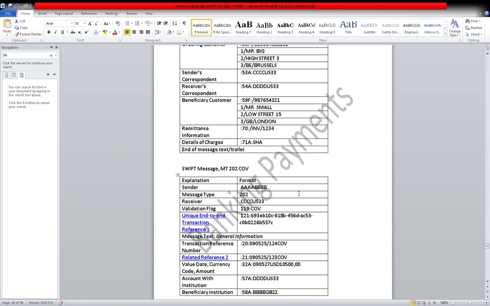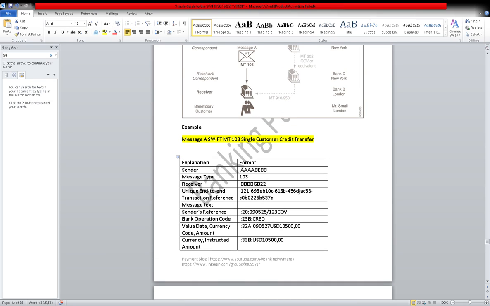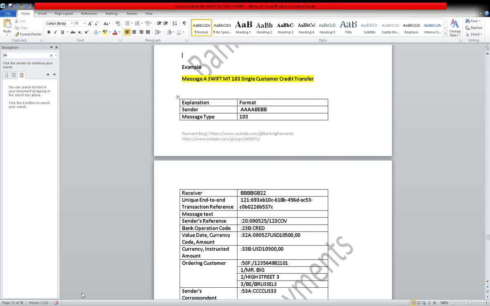So what we'll do now, we'll understand the fields of. By the way, did you understand this MT202 cover? I will remove this one. It's simple, right? MT202 cover. Only the example is pending with me, but you have to explain this in all the discussions. I will give you a nicely created document with a clear understanding of this, with pictures, showing how it is working. But for now I have explained how MT202 cover works. I will share that with you.